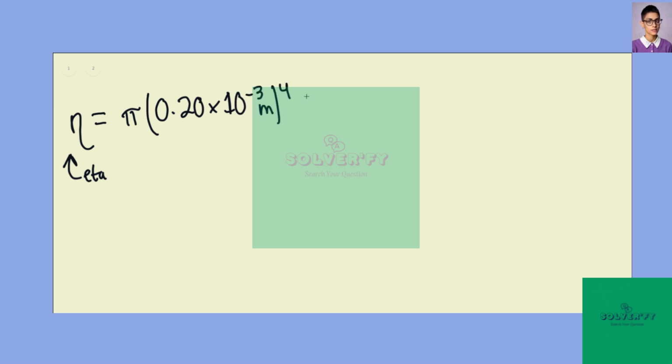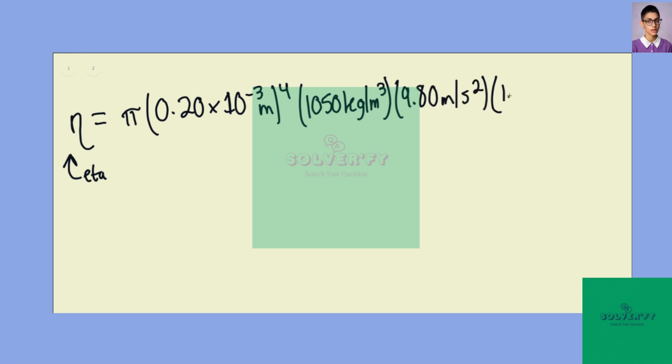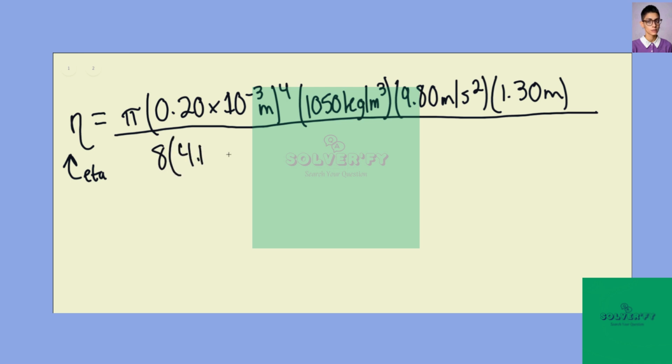And at this point, we can solve. So the viscosity, eta, this is actually just the Greek letter eta. This would be equal to pi times 0.20 times 10 to the negative third meters to the fourth times the density of blood, 1,050 kilograms per cubic meter, and then times the acceleration due to gravity, 9.80 meters per second squared, and then times the height, 1.30 meters, and then this will all be divided by 8 times 4.1